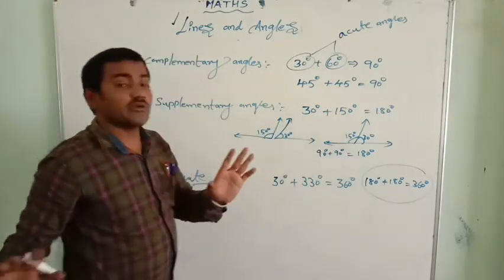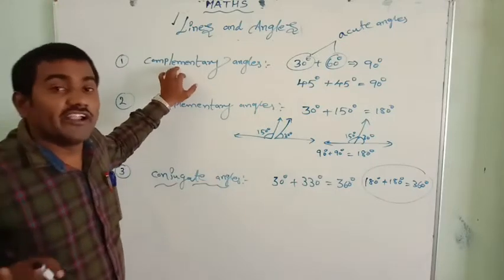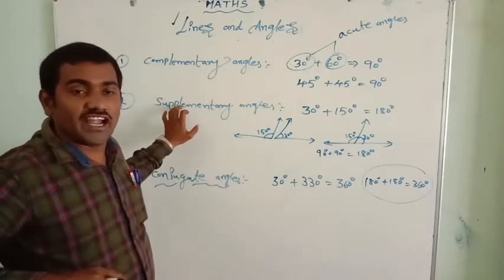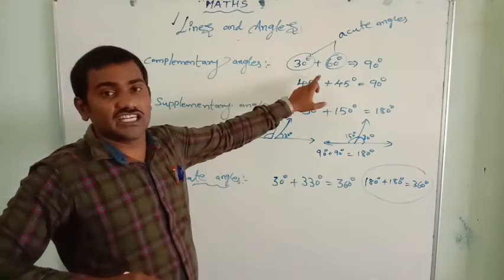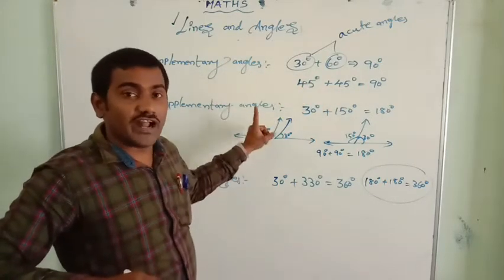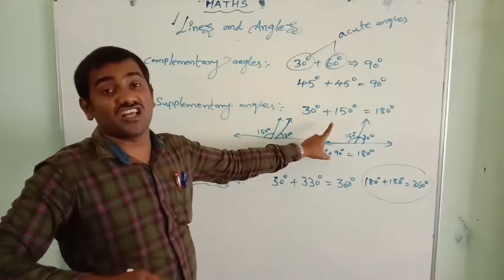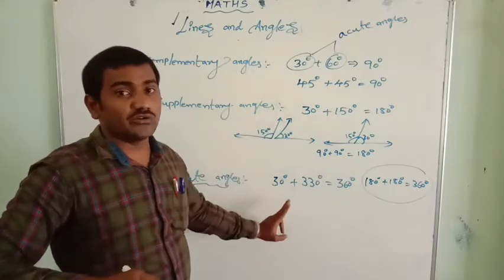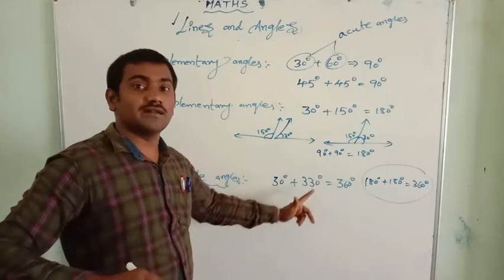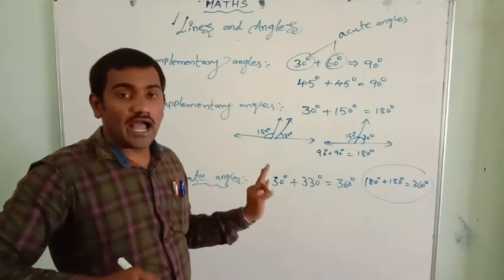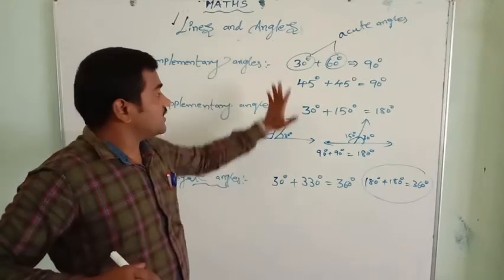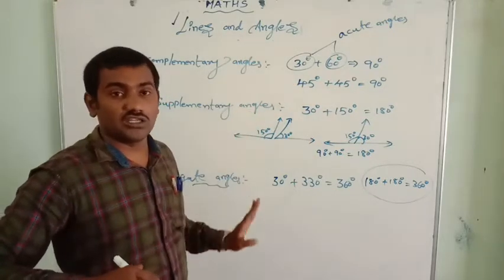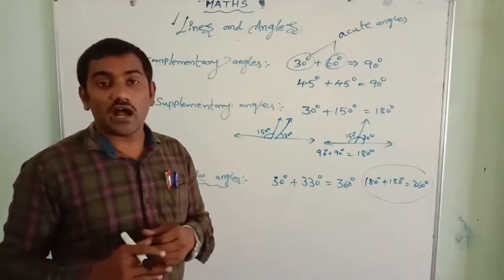So here we need to learn about complementary angles, supplementary angles, and conjugate angles. If you add any two angles and get 90 degrees, they are known as complementary angles. If you get 180 degrees, they are supplementary angles. If you get 360 degrees, they are conjugate angles. I hope you understand the information about complementary, supplementary and conjugate angles. Next, we have to learn about